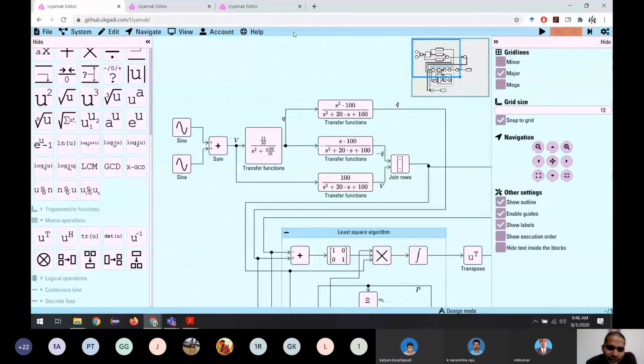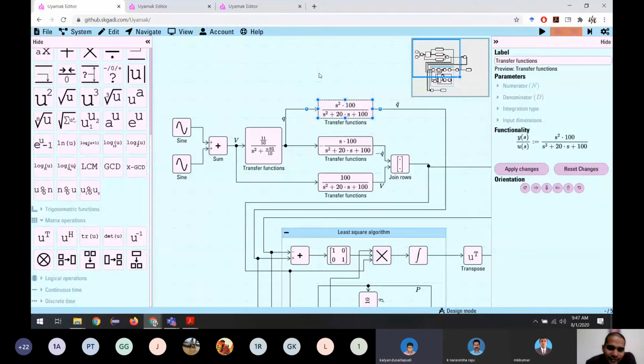So what we call it is a proper transfer function. You can't have numerator s squared and denominator s. The order of the denominator should always be greater than or equal to the numerator's order. That we have to make sure. That's the important thing. If not, it will be like you are differentiating again. It's not a filter. You will get big errors.